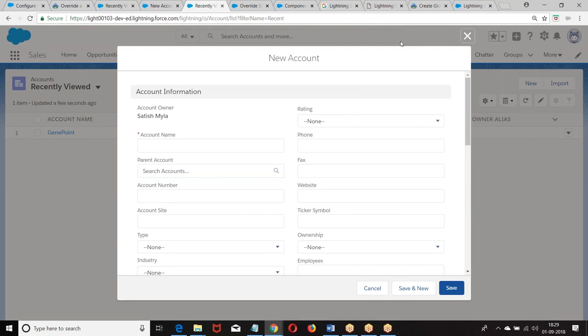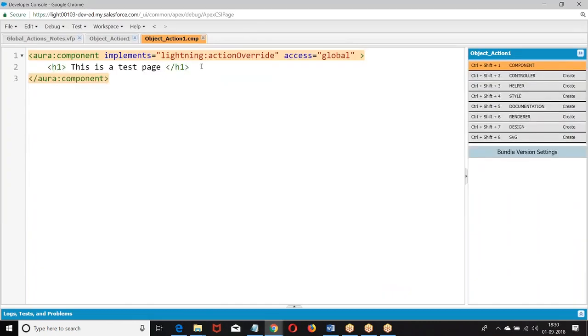Basically, when you click on the button, it is coming as a pop-up modal. This is called a modal dialog. Right now, what I am creating is a straight away replacement. If you want to go for a modal dialog, there is a separate component for creating a modal. Lightning modal is there that we can use. But right now, we are going with only displaying the data on the page. So what do you want to do? Let us go back to this.